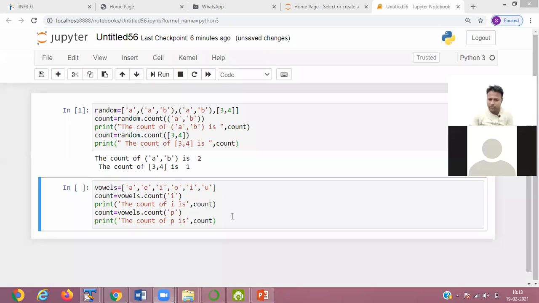So here we are using A, E, I, O, U. Now it is counting how many times the I is present.